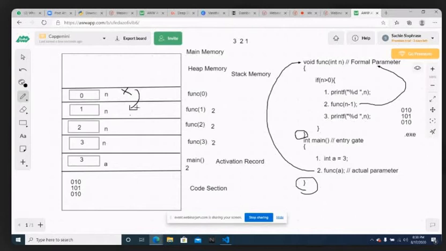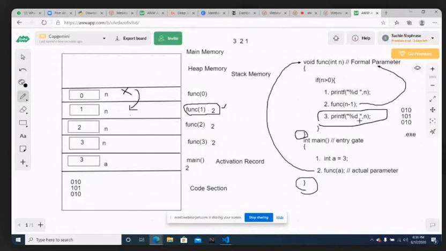Now, after entering into the next activation record, I should check the total number of lines executed so far. Up to the second line only was executed in this activation area. Now you have one more line remaining, am I right? It has to be executed for each and every activation record. So we are going to execute the remaining lines of code which are left out. It is the third line which is left out for this activation area. If I execute that, only then can I go to the close curly brace, and only then will I be able to delete this activation record.